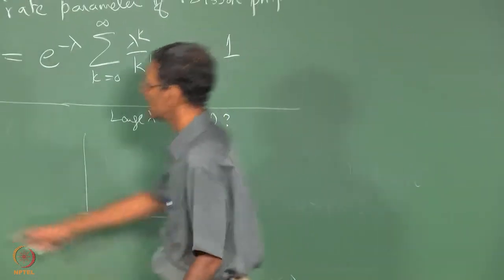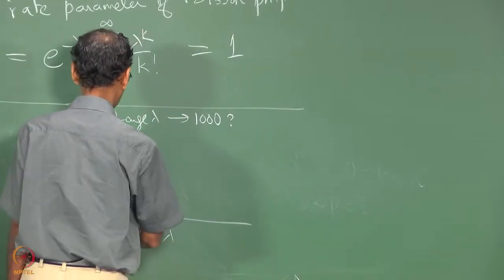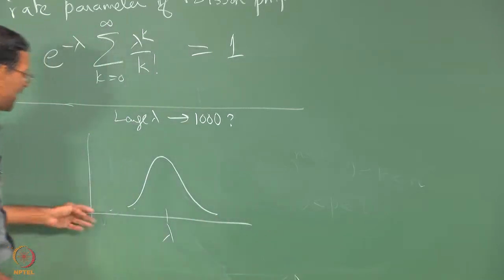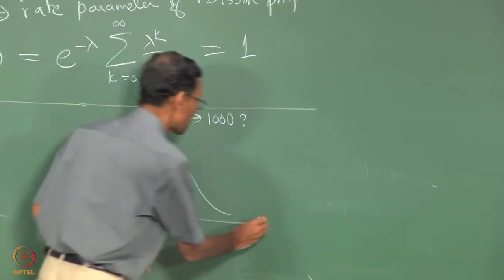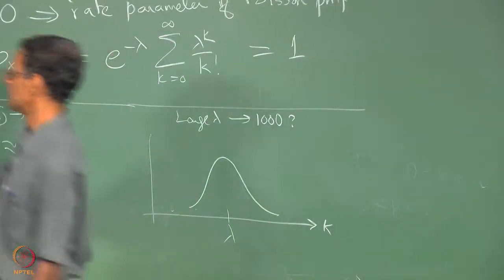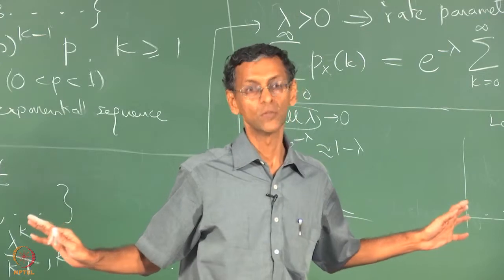Now I cannot look at individual numbers anymore. I have to draw an envelope like this. Now k equal to 0 will have very small probability. You go back, this e power minus lambda